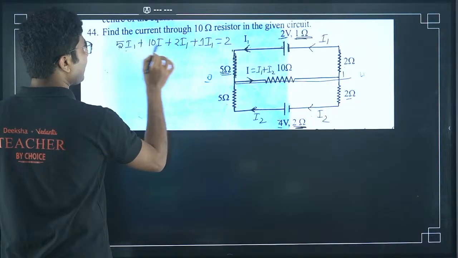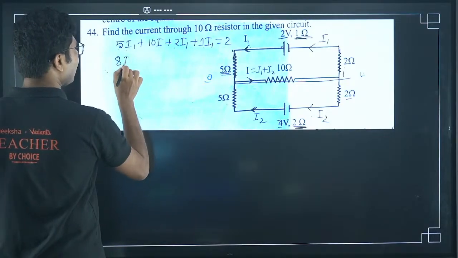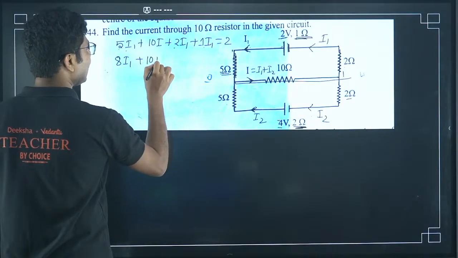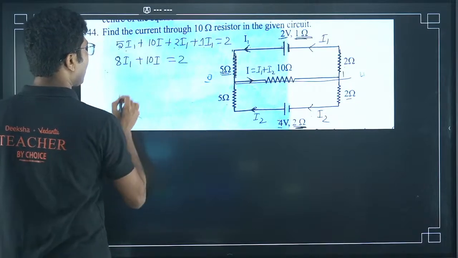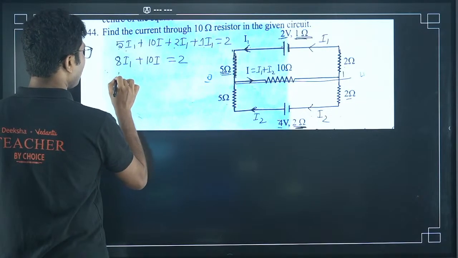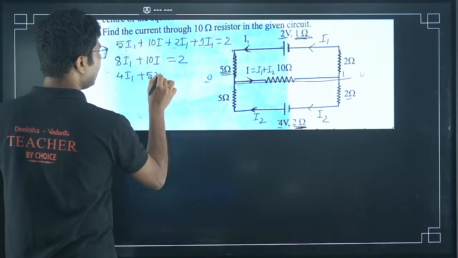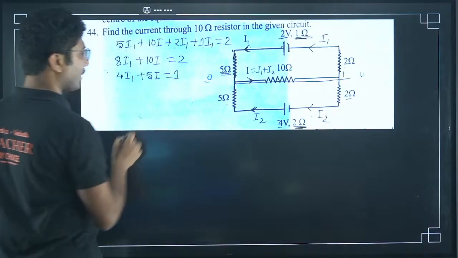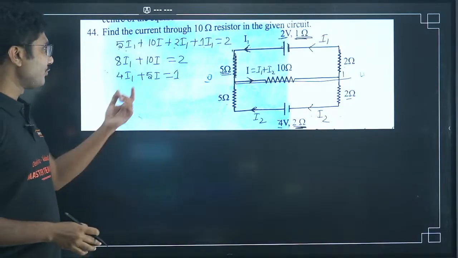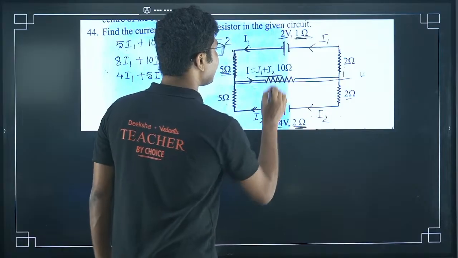So 5 plus 2 is 7, 7 plus 1 is 8. So 8I1 plus 10I equals 2. If you divide everything by 2, you get 4I1 plus 5I equals 1. Now this is not over. Even if you have to find I, there is another relation, which is I equals